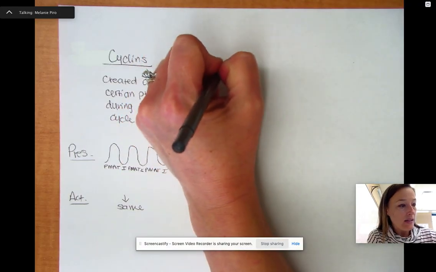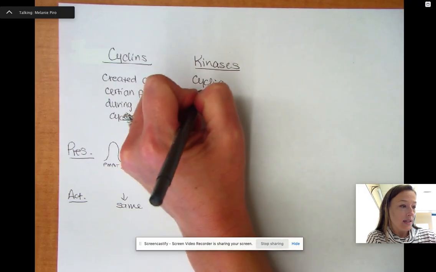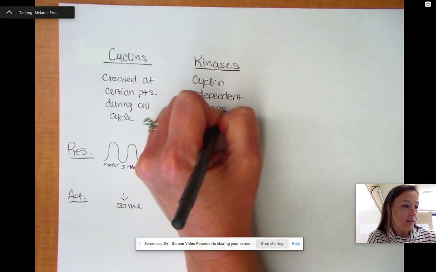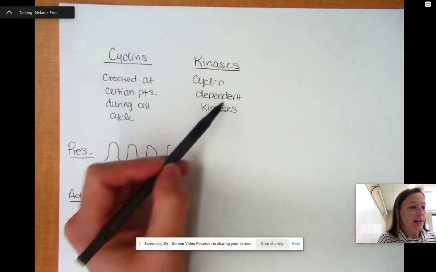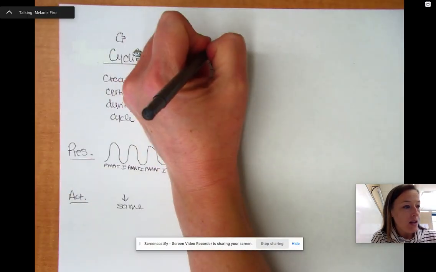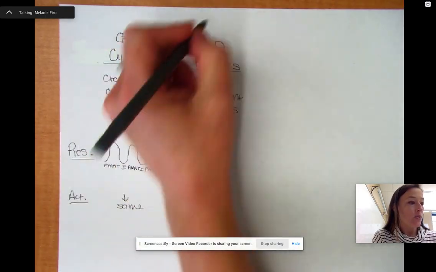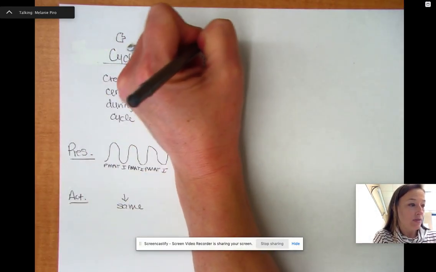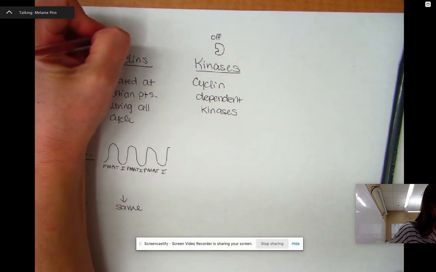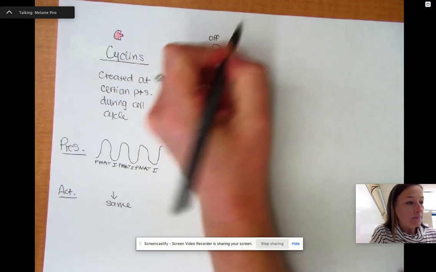All right, kinases. These particular kinases are cyclin-dependent kinases, okay? And we just talked about a cyclin. So cyclin-dependent kinases are only active, so let's say this is the cyclin, and here's the kinase, okay? So when it's like this, it is turned off, okay? Let's shade in the cyclin so we can kind of show it over here. All right, then what'll happen